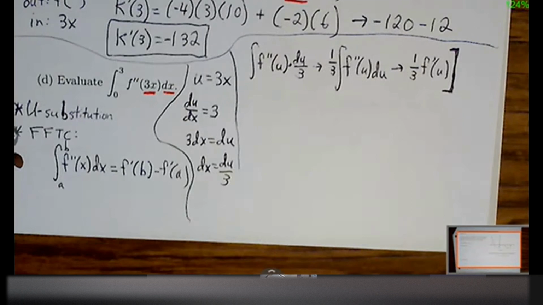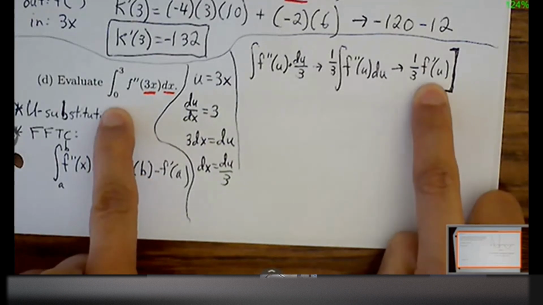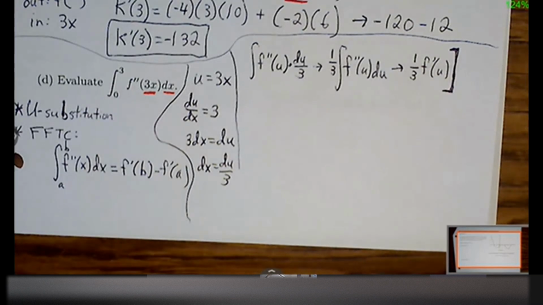Okay, questions so far? I know I have to involve bounds somehow. Can I use the 0 and 3 with what I have here? Why not? Yeah, they converted it into what you got. Right. Either one of two things. Either you get everything in terms of u, or you get everything in terms of x. But you don't want to mix u and x because then we're not dealing with the same thing here.